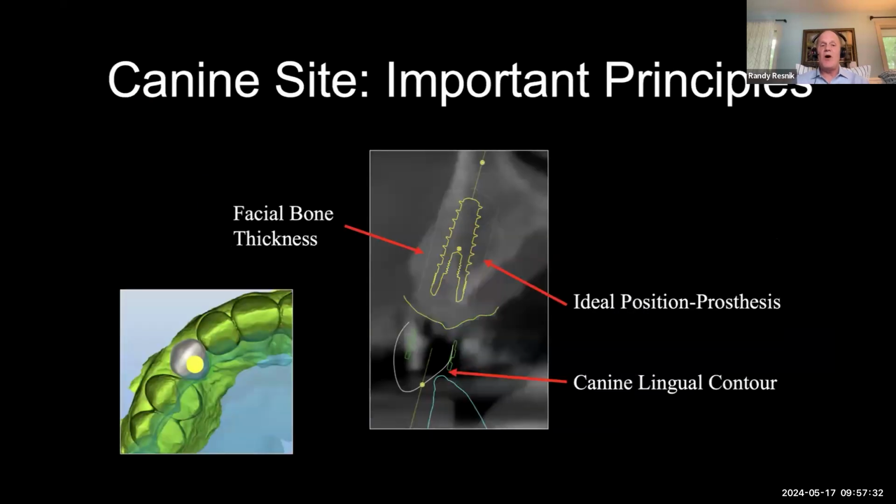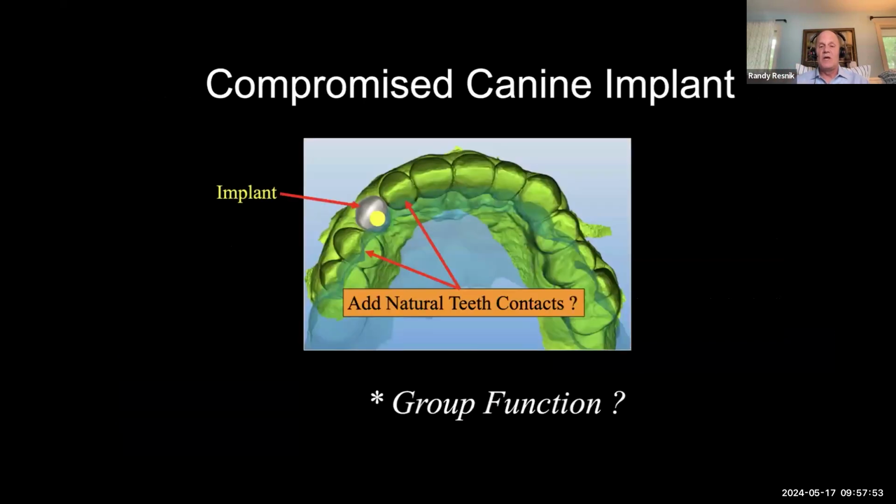So the bottom line is this canine is an important site. You want to make sure that you're in good thick bone because it's going to take a lot of force. It should be in an ideal position for the intended prosthesis. And you have to have the correct ideal morphology or contour of the lingual so that you have a short